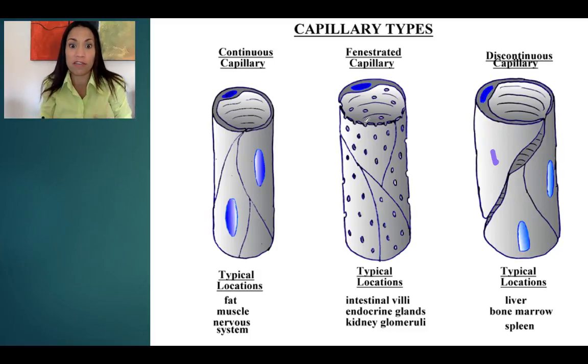No proteins can fit through these intercellular connections. So just fluids, small ions, and of course gases, oxygen and carbon dioxide. These capillaries are very common in the central nervous system and form the blood-brain barrier